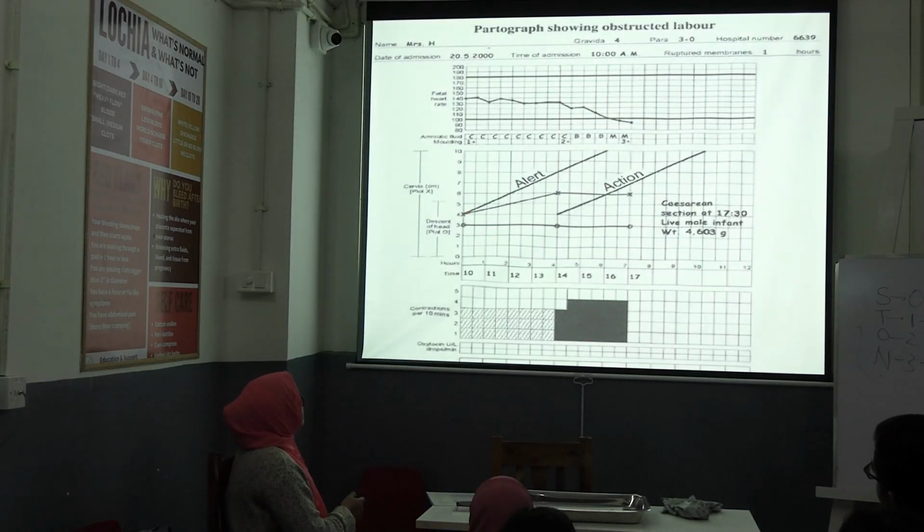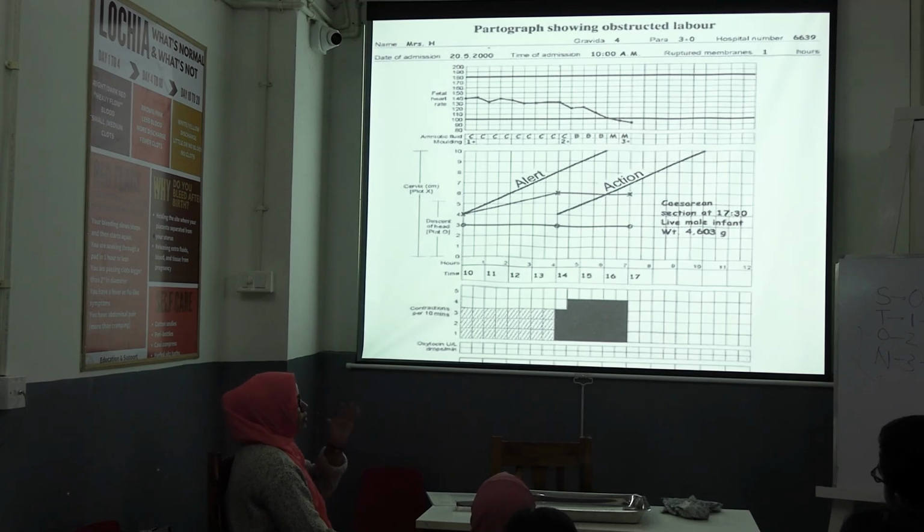So here you did the PV examination. It was 4 centimeter. After 4 hours, you did PV examination. It was 6 centimeters. Some dilatation was there, but descent was not there. It was 3 by 5, still 3 by 5. Then after 4 hours, you did the PV examination. It was still 6 centimeter. And you did the fetal heart sound. It was dropping, say 90 beats per minute. It was bradycardia. The liquor was meconium stained, molding was there, 3 plus, very important.